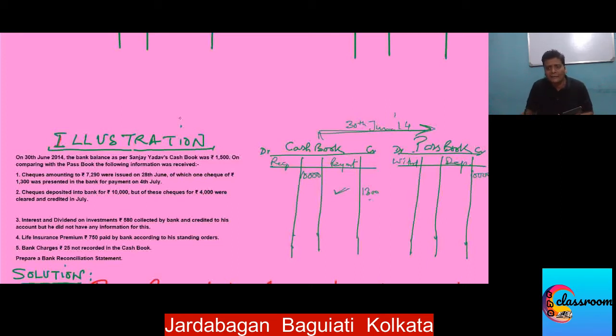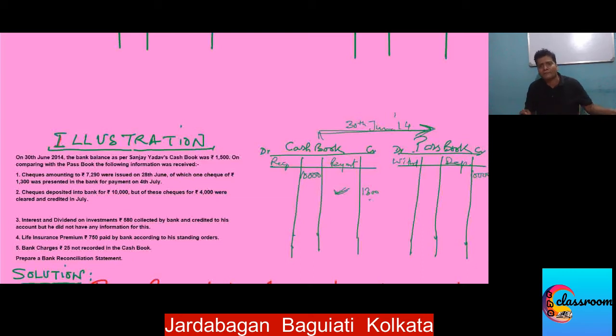Now see, as a result of this, what happened? The cash book balance decreased. Now look, cash book is a debit balance. The debit side is heavier. When we are writing on the credit side, the balance reduces. And if we write something on the debit side, the cash book balance increases. The reason is obvious. Now over here, we have recorded on the credit side, so the cash book balance has reduced. Now look at the arrowhead. We want to reach the passbook balance. We want to reconcile with the passbook balance.